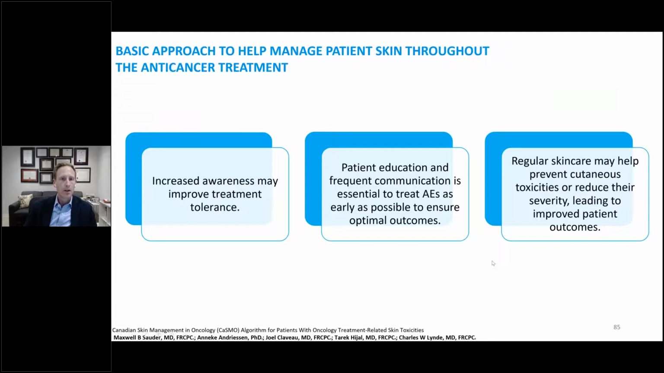this talk tonight. So again, the basic approach to managing patients throughout the anti-cancer treatment, ideally, number one is to increase awareness of skin toxicities in order to improve treatment adherence. You really want to educate patients and reinforce that frequent communication with their oncology team is essential to identify and treat adverse events as early as possible, because it's much easier to treat them very early when they're mild versus when they become more and more amplified and severe. And then identifying that regular skincare may help prevent cutaneous toxicities, reducing severity and ideally leading to improved patient